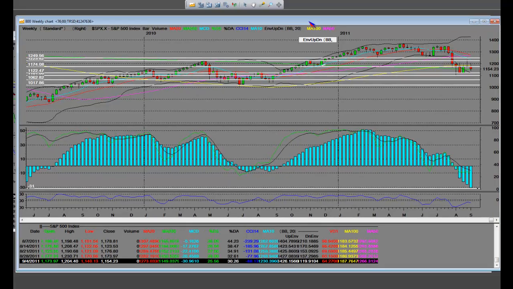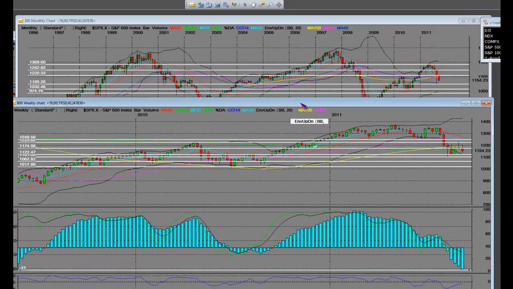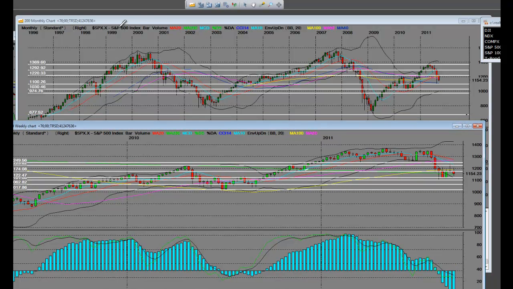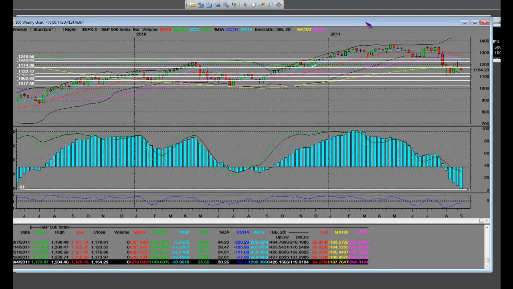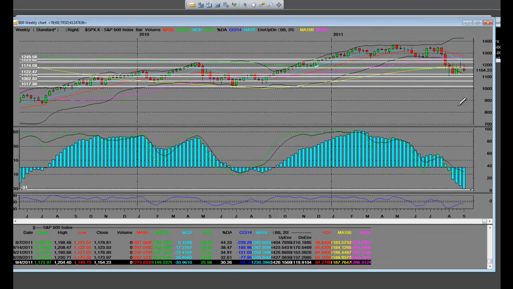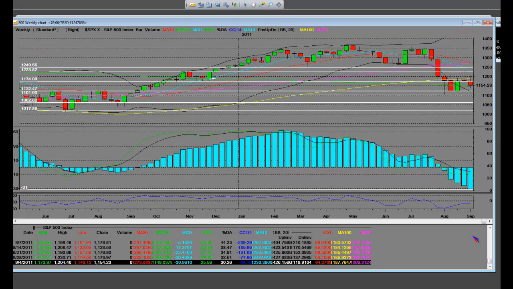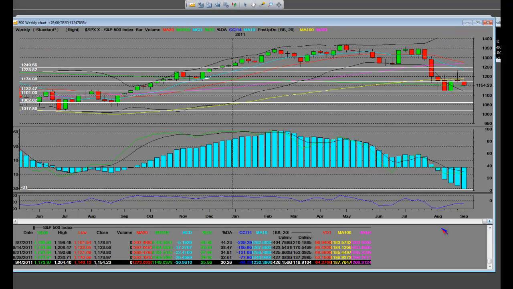Weekly S&P 500 chart. We're going to show that one here, and we're also going to show this S&P 500 monthly chart here as well. So basically, when we take a look at the shorter term view, in the shorter term, we are still going down here, and I can tell you that we are at weekly oversold conditions. Even though the price volatility is extremely high, we are getting down to levels here on a weekly